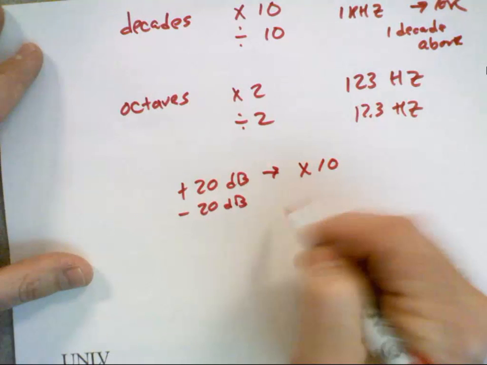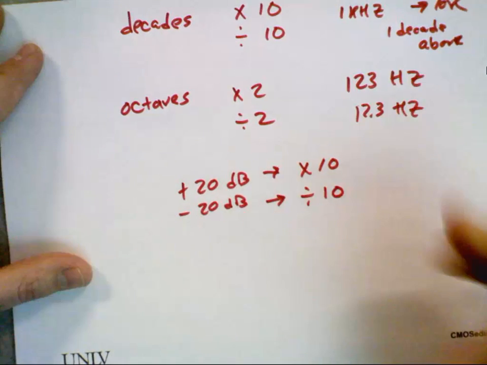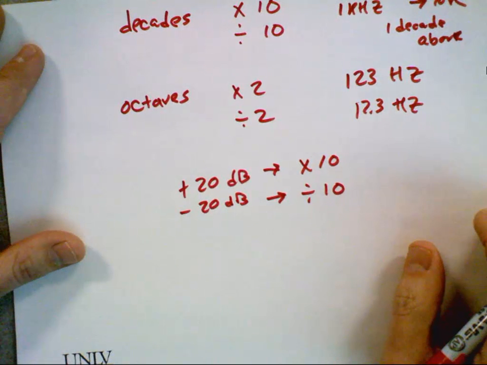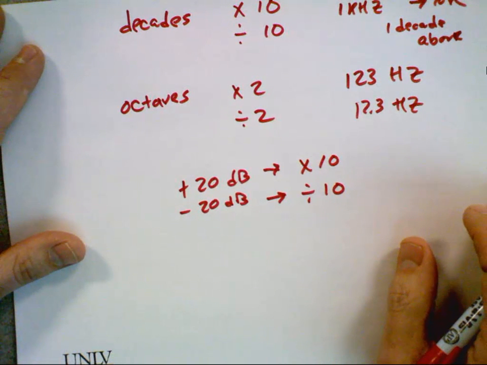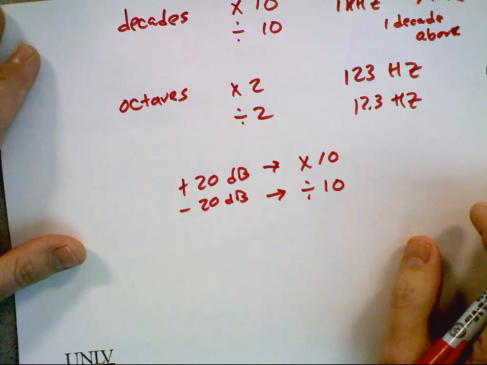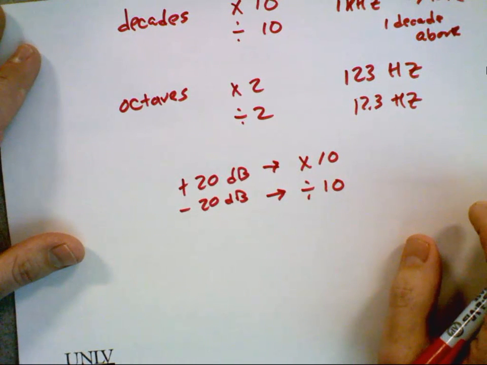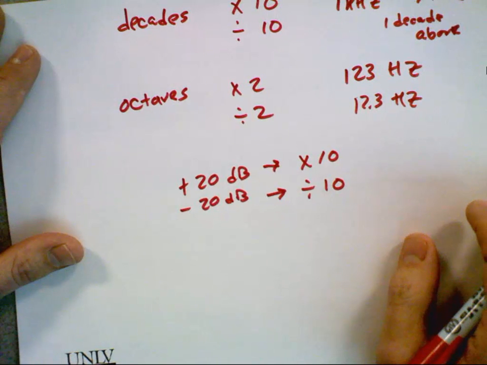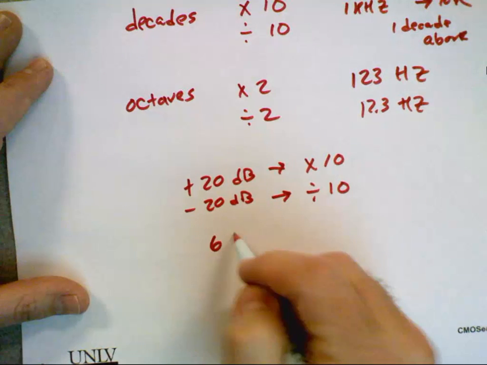Times 10, divide 10. So if I have a gain of 20 and I run it through an amplifier with a gain of 20 dB, what's my gain now become? 200. Just multiply by 10. Okay, or divide by 10. And 6 dB is,